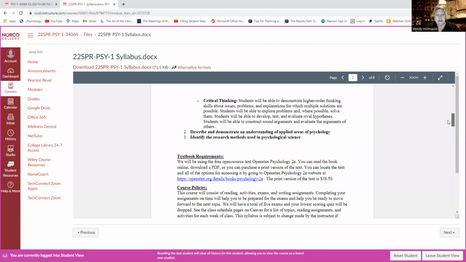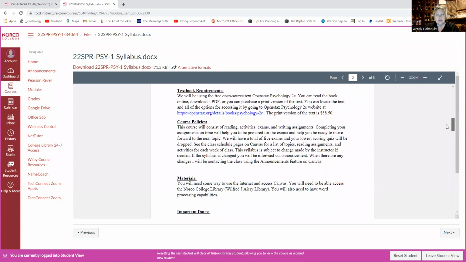We're going to skip down to our course policies, which is just, you're going to be doing a few things in this class. You're going to do reading. You're going to do a chapter connection assignment for each chapter for each of the weeks. So there'll be 16 total that you can do, but you're really only required to do 12. We're going to have